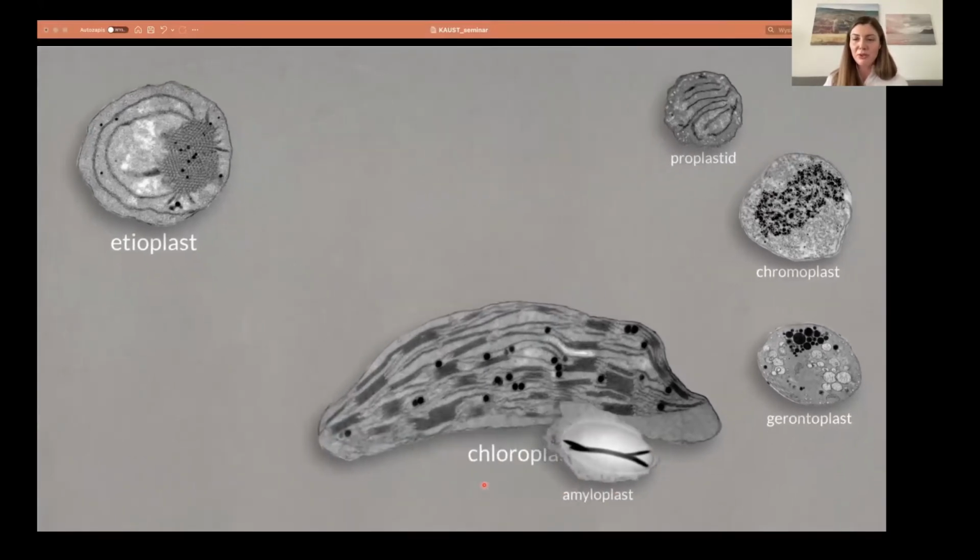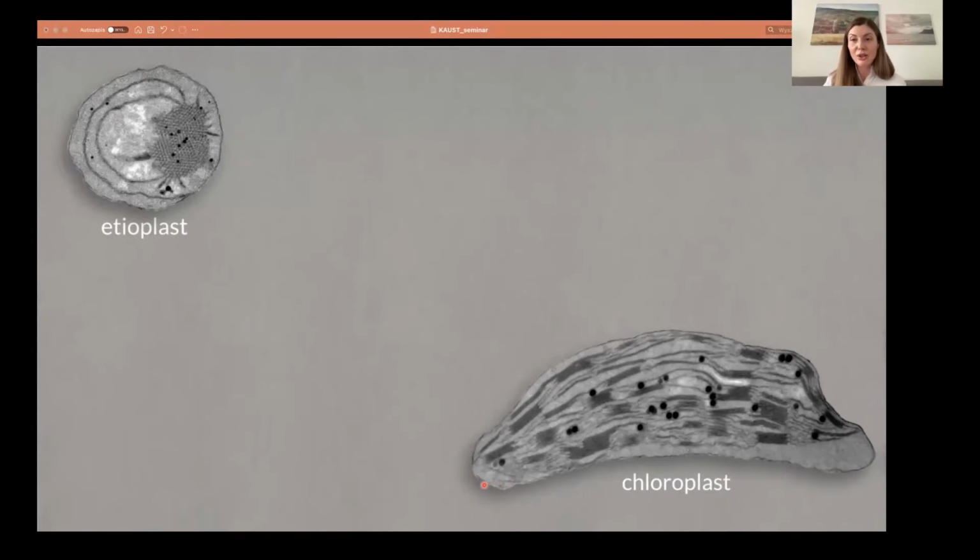From the ultrastructural point of view, the most interesting are these two that you are seeing now. So the etioplast, the precursor of the chloroplast, and the chloroplast itself. Because in the etioplast, we can see the typical cubic arrangement, and the chloroplast is based on the lamellar arrangements of the thylakoid network. Etioplast is developing in precursor tissues of photosynthetic tissues. So in true leaves and cotyledons, when the initial steps of seedling development occur beneath the soil surface, so without light. So when the light is switched off, so there is no light that reaches the seedling,